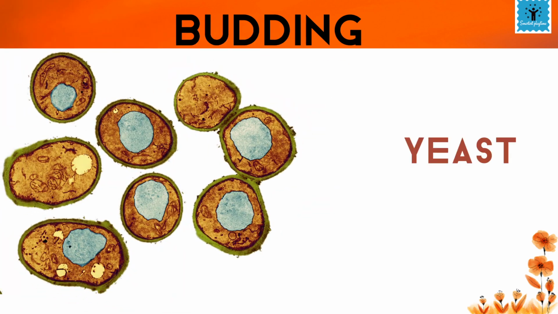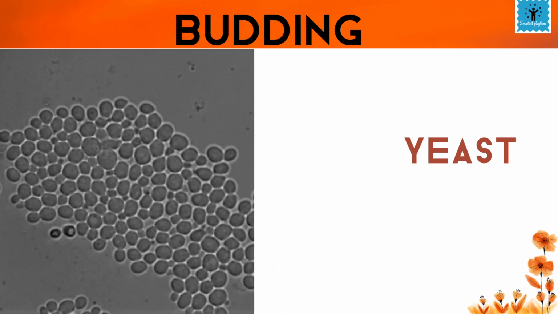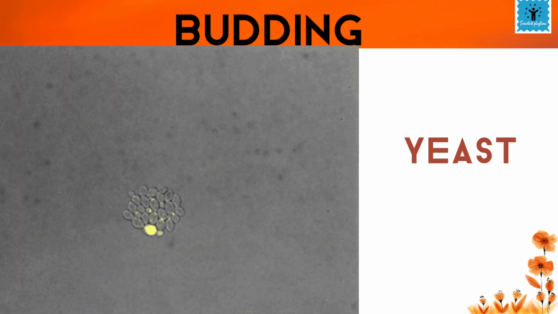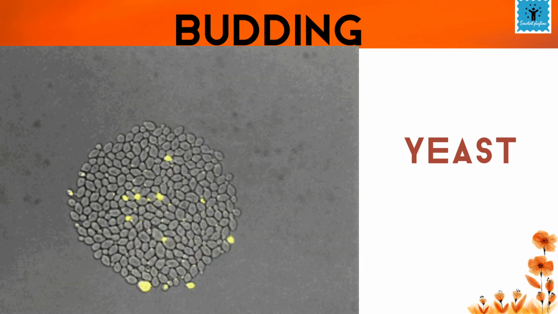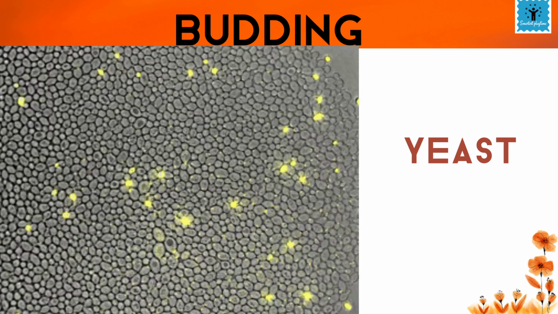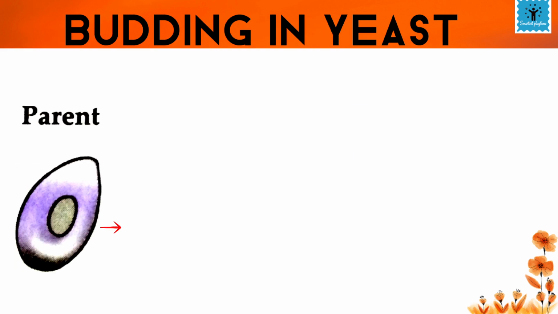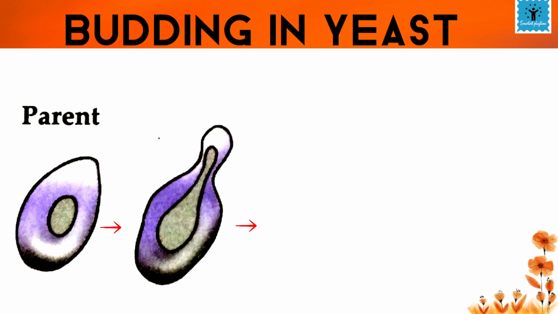We know yeast is a single-celled microscopic organism. These grow and multiply within hours if sufficient nutrients are made available to them. Let's find out how they reproduce. The parent yeast cell develops an outgrowth at its upper end. After a while, the nucleus of the parent cell divides into two, and one of them moves into the outgrowth,